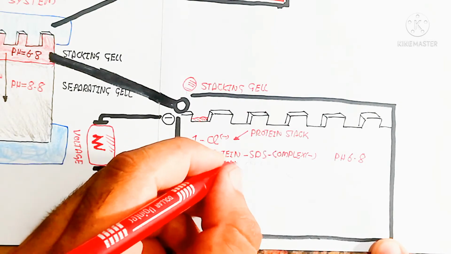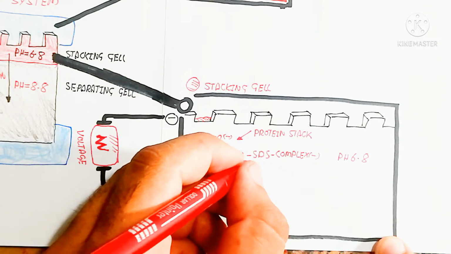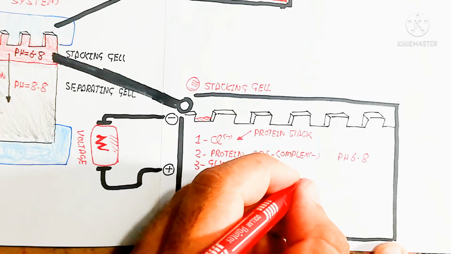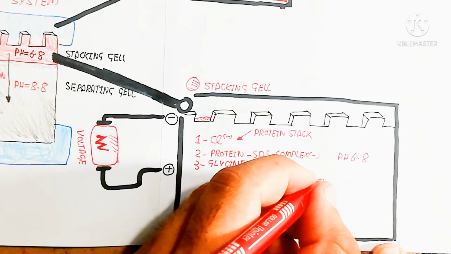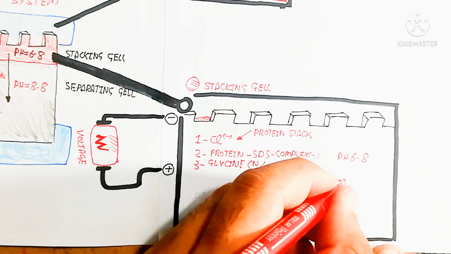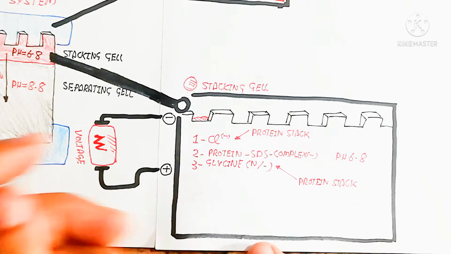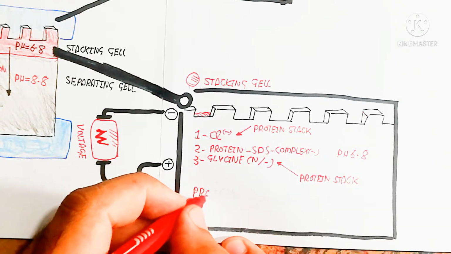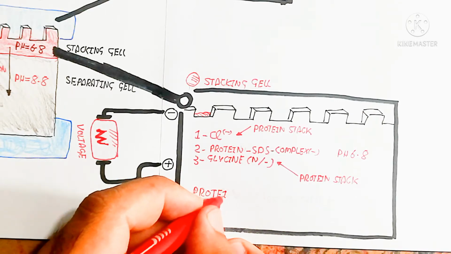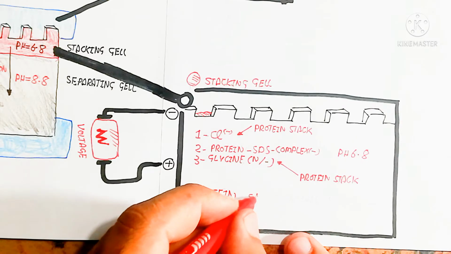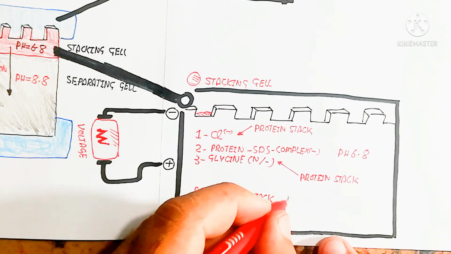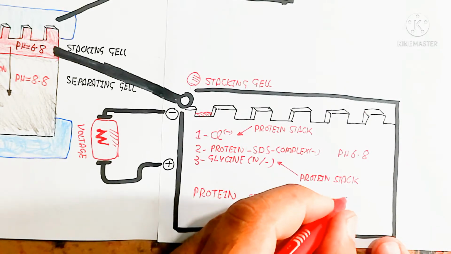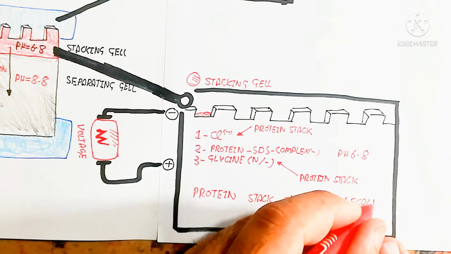When the protein is stacked in this molecule, we provide the electric current to migrate that segment of protein toward the bottom, toward the positive charge, because the protein contains a net negative charge due to the protein-SDS complex. So I hope this makes sense about a little bit of SDS-PAGE. You can watch another video on YouTube, or read an article from a Google search, so you can understand more.